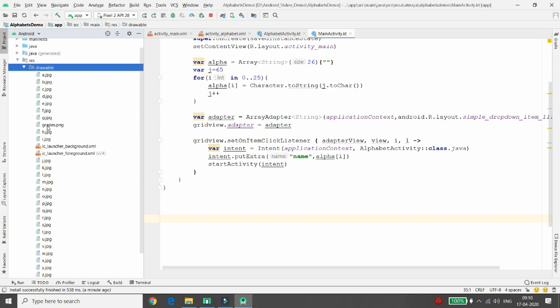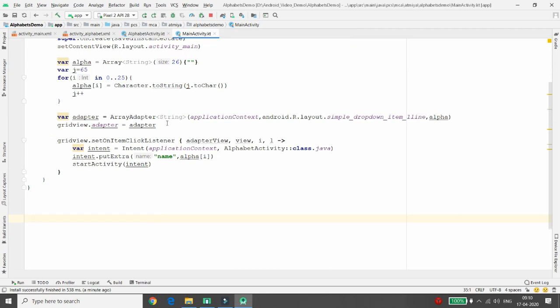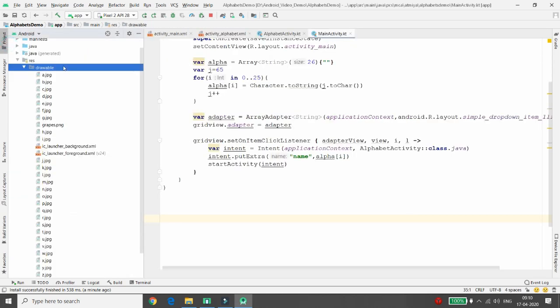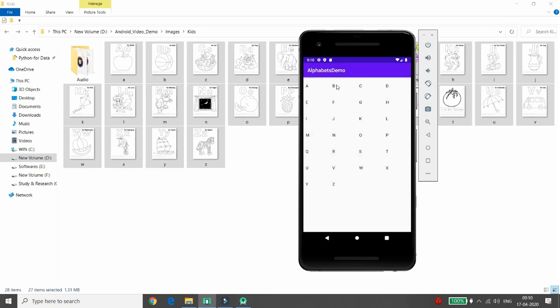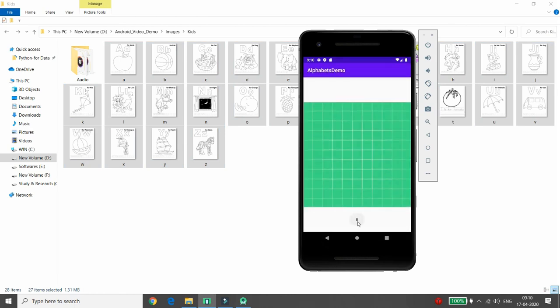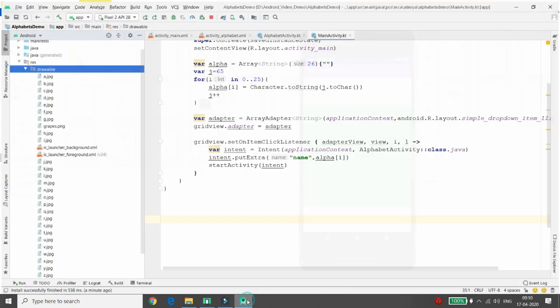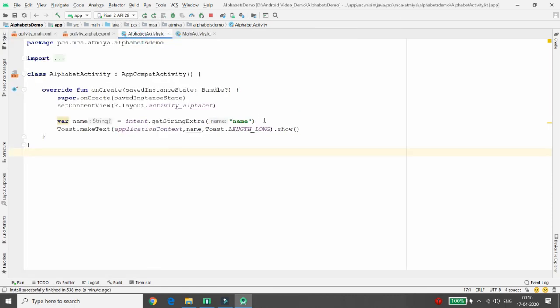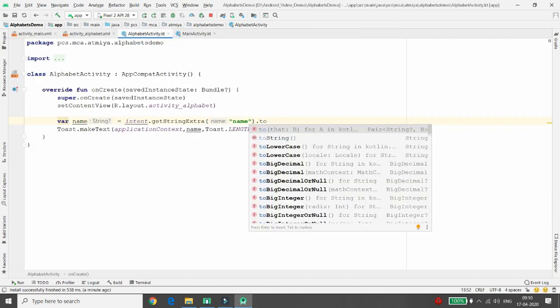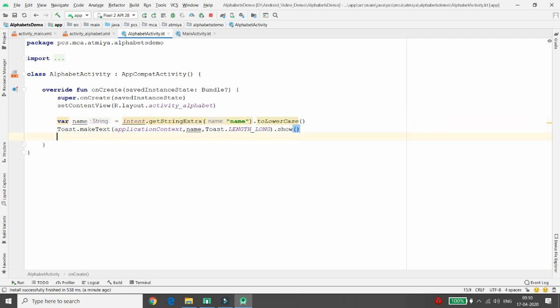You can just open and check. See, these are the images, that is a.jpg, b.jpg, c.jpg, all the images are there. But see carefully over here, the names of all images are in small letters, and whenever the user clicks in the emulator on any character, for example, if I click on B, then this B is capital. So what I need to do, I just need to convert it into lowercase first. So I'm just converting it to lowercase. Now I will bind that particular image into my image view.